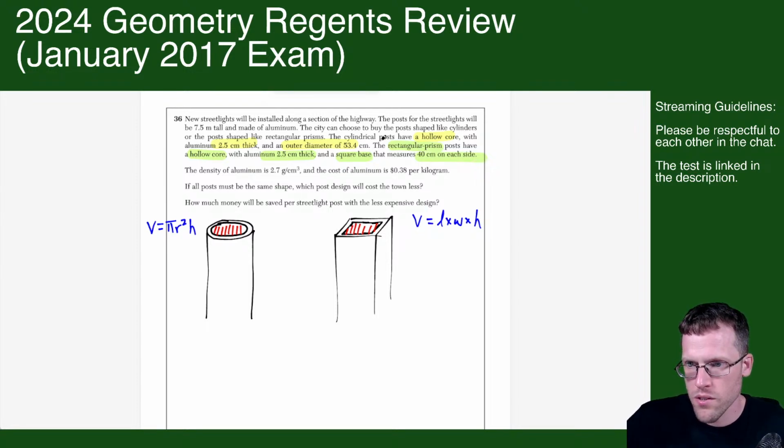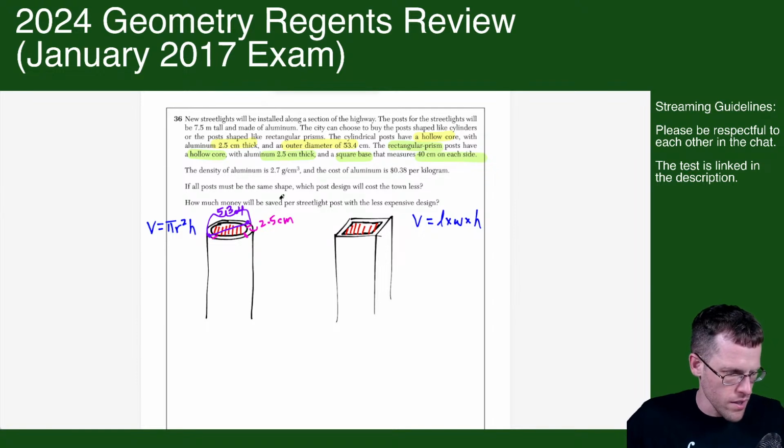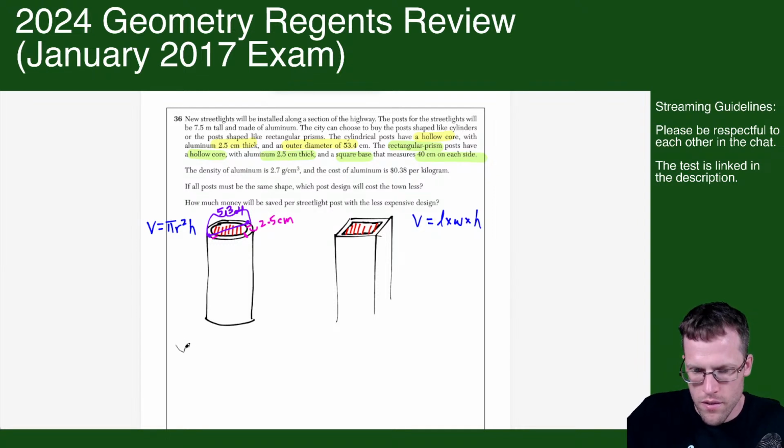They told us for the cylinder, the outer diameter is 53.4. So you see this entire space here is 53.4. However, they're telling us that the thickness of the aluminum is 2.5 centimeters. But notice this is 2.5 and this is 2.5, here and here. So the volume we're finding is the volume of the whole thing